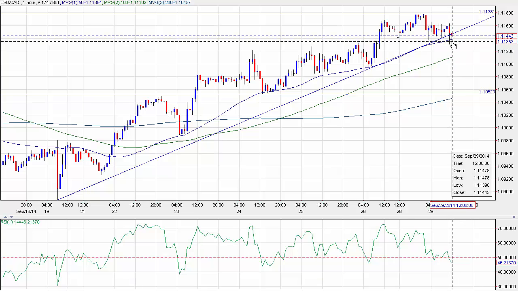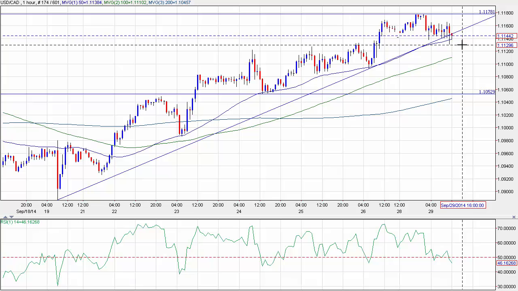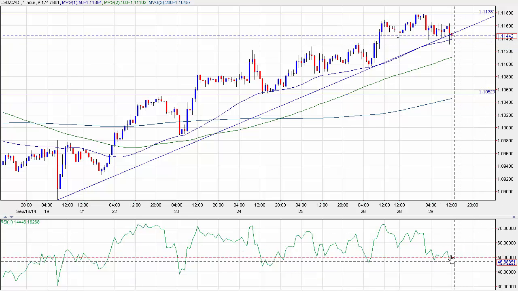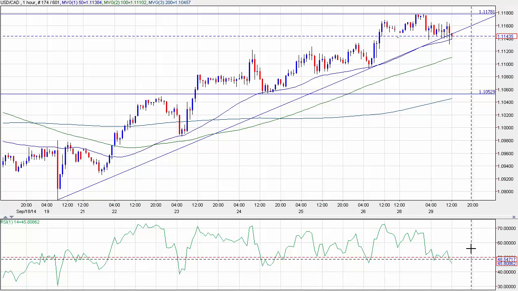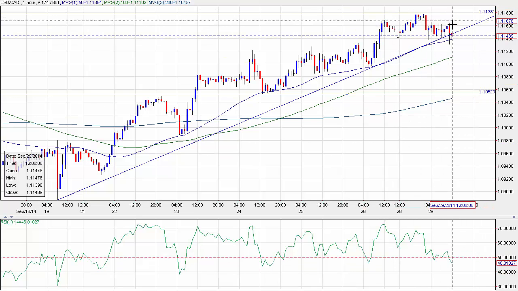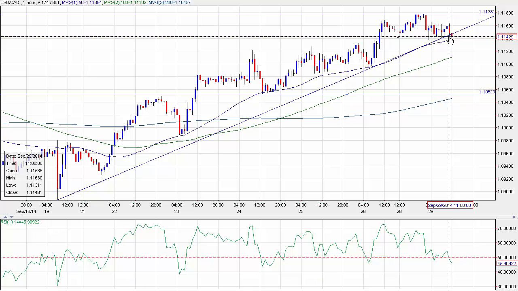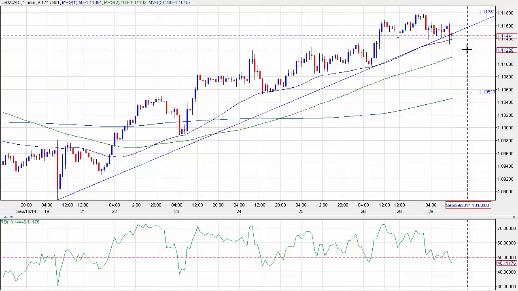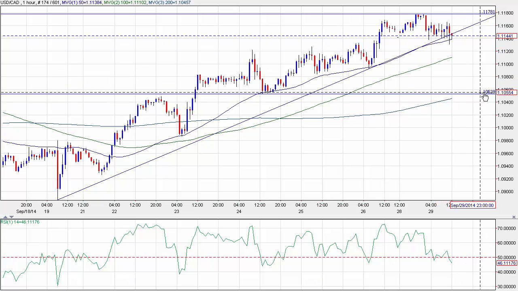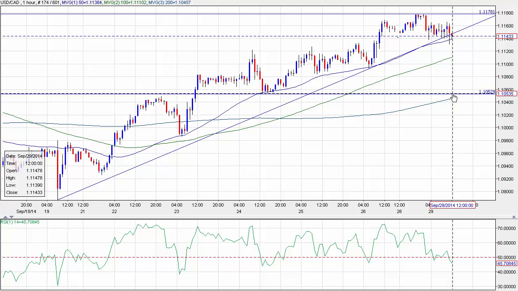A break below 1.1120 with the 1 hour RSI falling below 40 would be needed to signal a bearish correction. Even this right now is simply a sideways consolidation. Okay. Now, in that scenario, the 1.1050 area will be the next key support ahead of the GDP data and